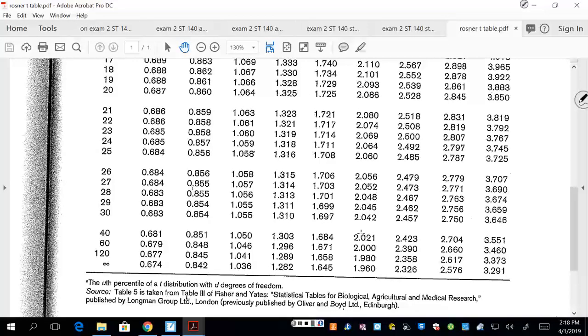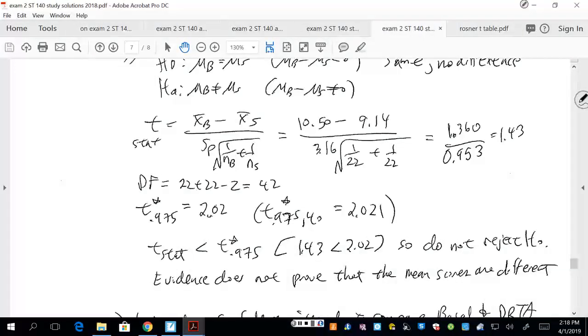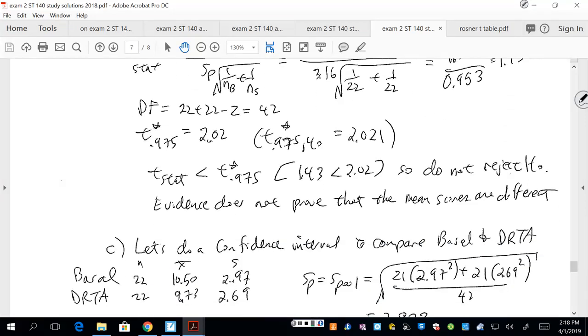But we got 1.43. So we got a T statistic value of 1.43. We would need about 2.02, something like that, to reject. Because our statistic is smaller, we don't reject. So the evidence doesn't really prove that those are different. Only 22 students in each group. There might be a couple point difference on the scores, but it's not statistically significant. It might be encouraging, might warrant a bigger study, 60, 120 students or something like that, but it doesn't quite